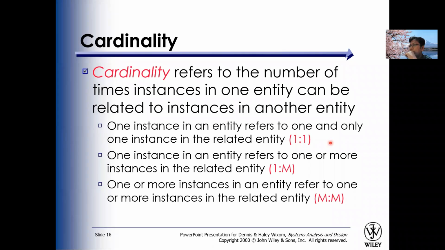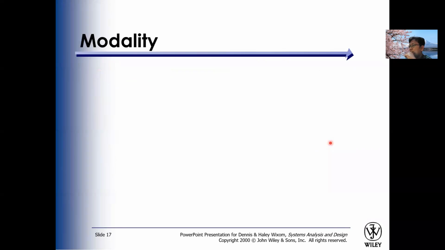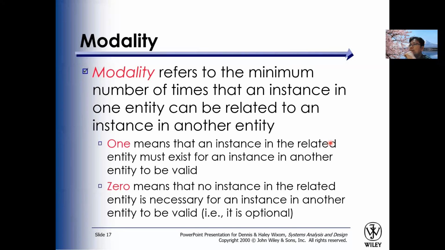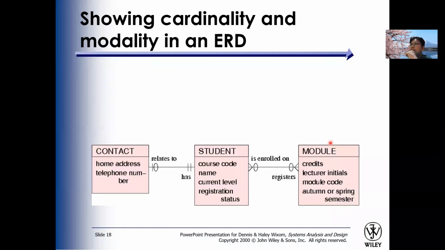For example, for a husband and wife, if it is limited, it is one-to-one. And modality, we can use the minimum number, but this is more advanced. This is how to create the cardinality. You see, one student can enroll in a lot of modules, and one module can be enrolled by a lot of students,